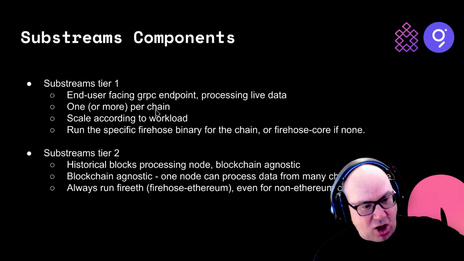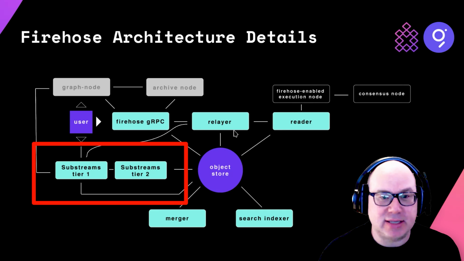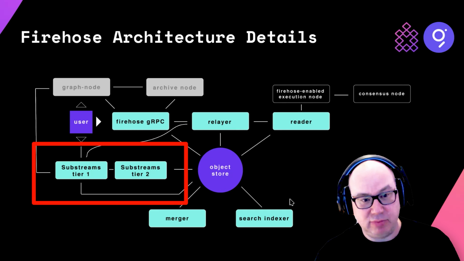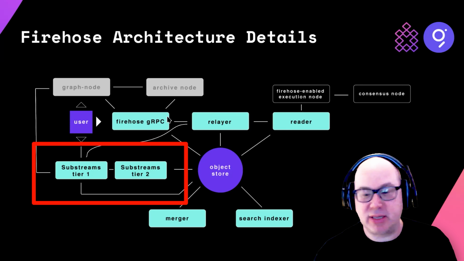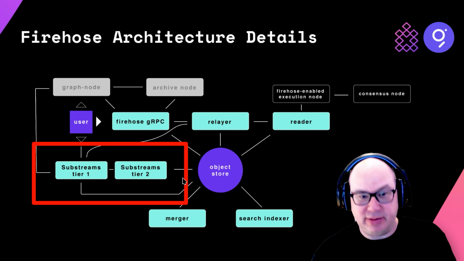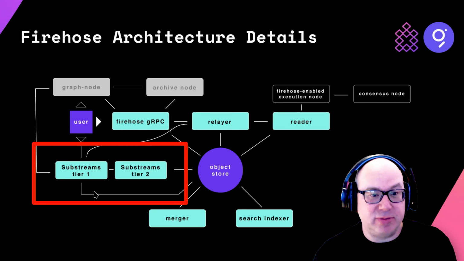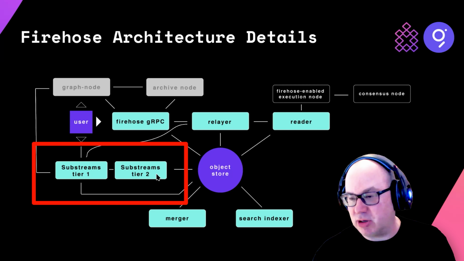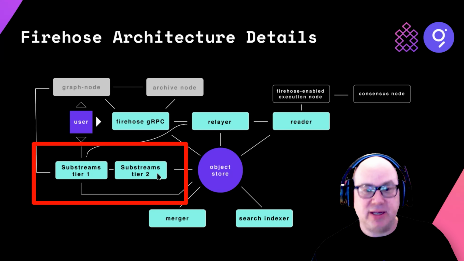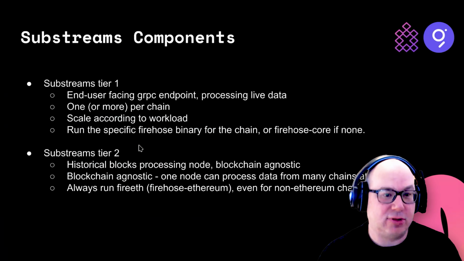Hey, you can run all those Firehose components that are on this diagram. Let's go back to the diagram here. So everything that's on the diagram, you could run in one binary. You can still do that. There's no problem. But today's presentation is about scaling. So scaling, you can't just scale one, right? If we're talking about scaling, we're talking about bringing substreams tier 1 and tier 2 to multiple machines. So specifically, we're talking about horizontal scaling. So horizontal scaling means scale it across multiple servers. All right, so that's the goal here today.